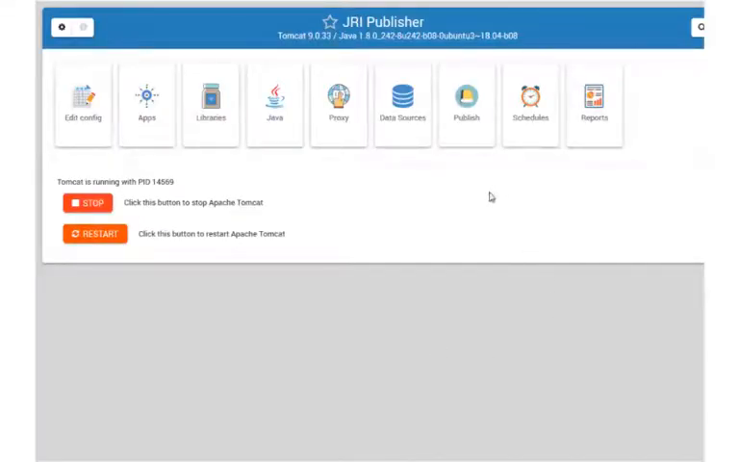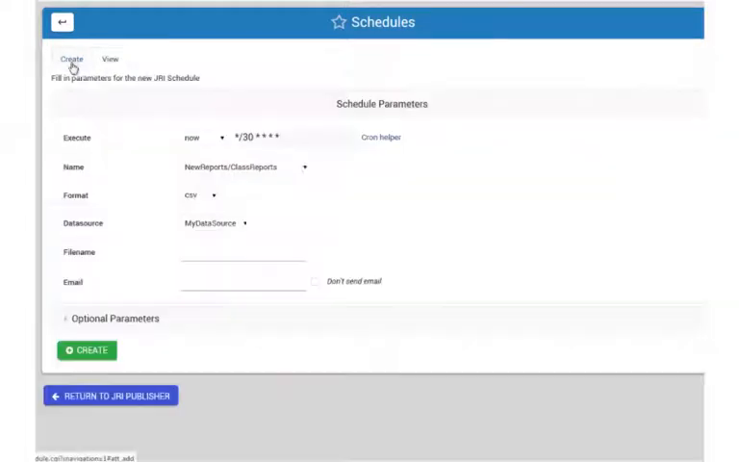Hi, so we've seen how to create a data source as well as publish a report, and now we're going to look at scheduling a report. So you click on the Schedules tab and the Create tab, create a new schedule, and the options to execute the report are now, which is just